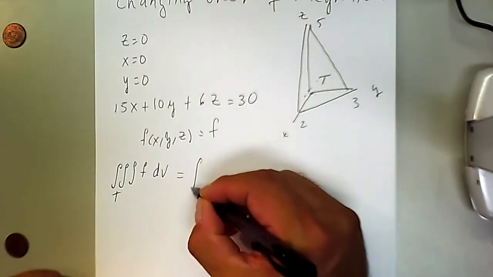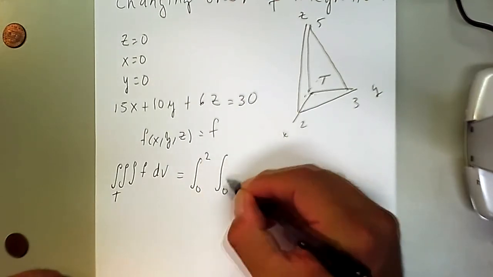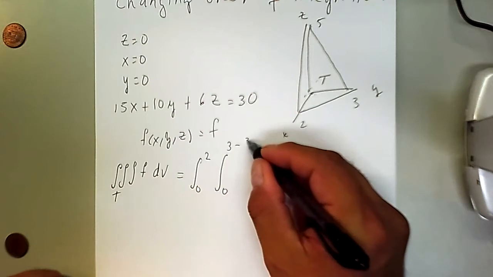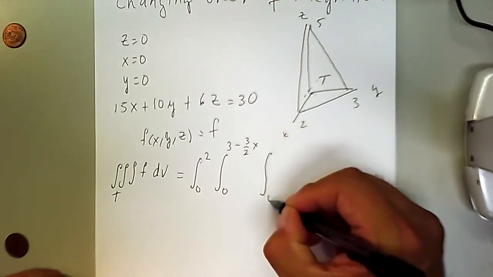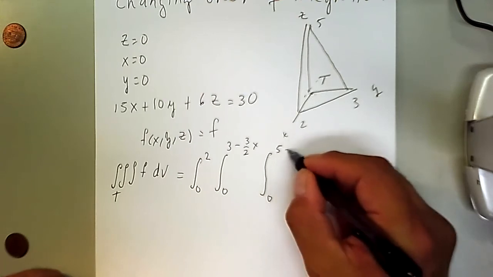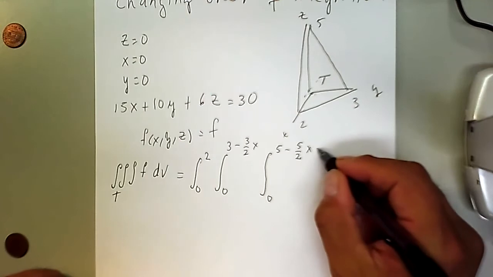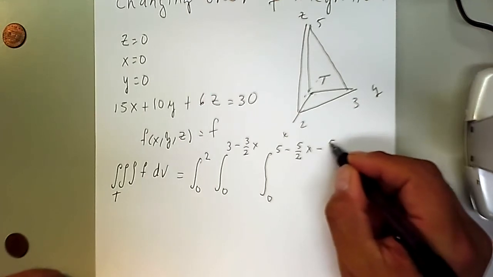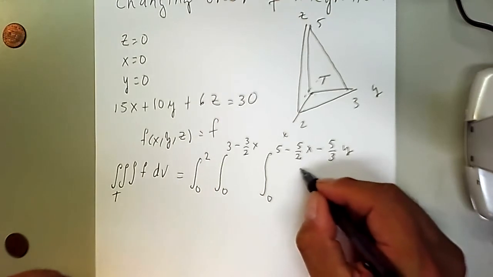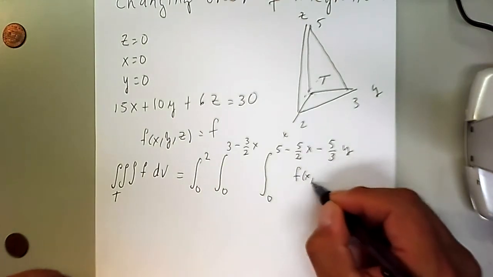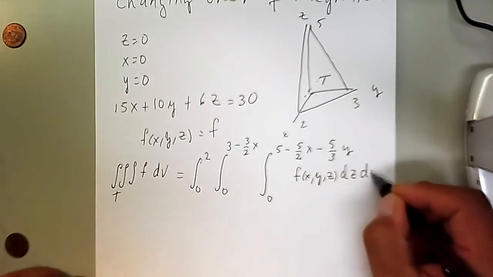One is the integral from 0 to 2 on the x's, from 0 to 3 minus 3 over 2 x on the y's, from 0 to 5 minus 5 over 2 x minus 5 over 3 y on the z's of the function f of x, y, z, dz, dy,